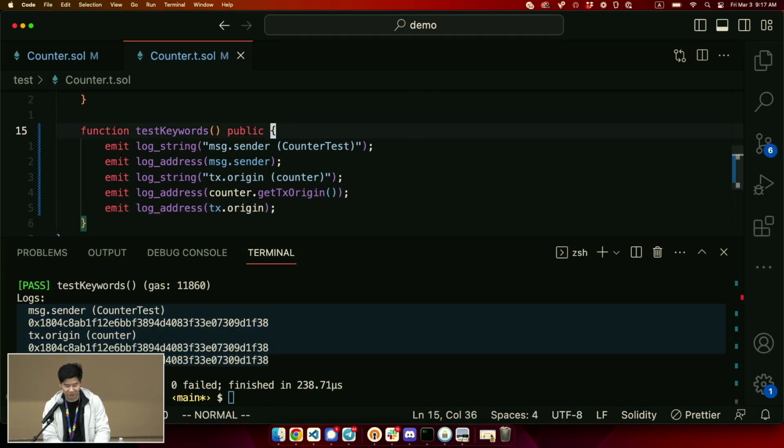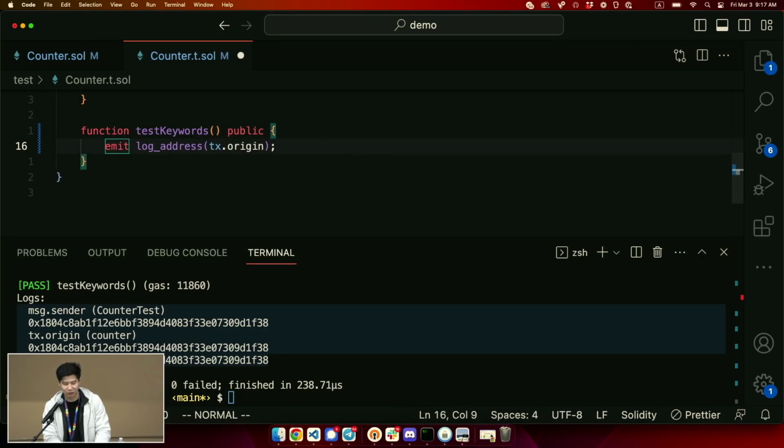So yeah, those are some of the keywords you can find in Solidity. Just keep in mind the little nuances between message.sender and tx.origin. Now, a little hack that a lot of smart contract developers use to ensure that the sender of the transaction is a human, and by human I mean an EOA or externally owned account, meaning it's not a smart contract account, is that oftentimes they would put in this requirement where the tx.origin is equal to the message sender, which just basically means that your contract caller can't be a smart contract, and that way you can't